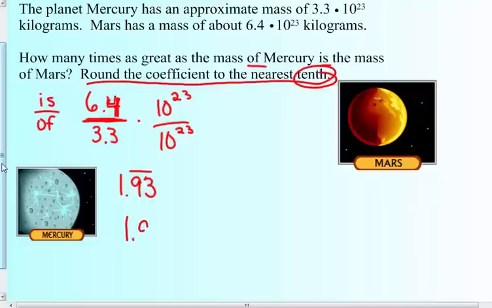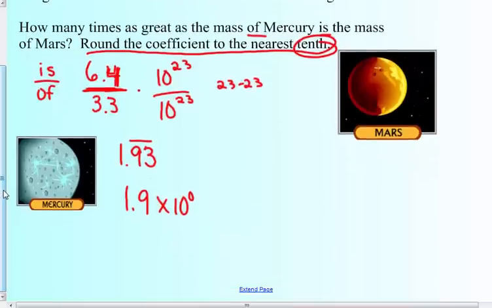So that's 1 9/10. And 10 to the 23rd over 10 to the 23rd, well, that's times 10 to the 0. Which equals 1, which is why I was thinking 1 there, times 10 to the 0, because, right, 23 take away 23 is going to give me 0. Keep the base, subtract the exponents. So answering to the nearest tenth, about how many times as great? Mars has a mass that is about,